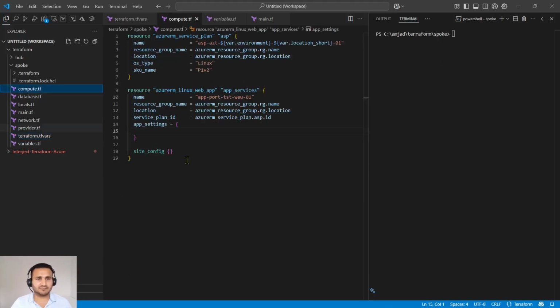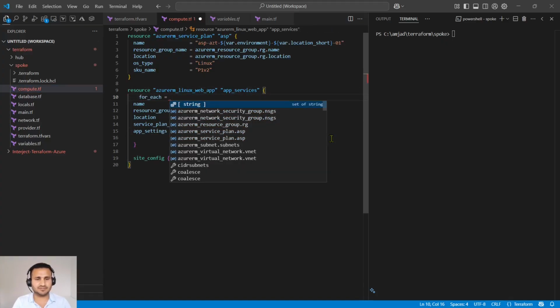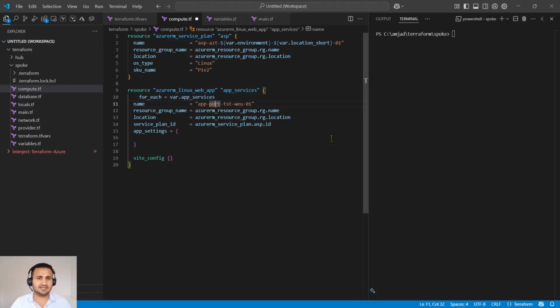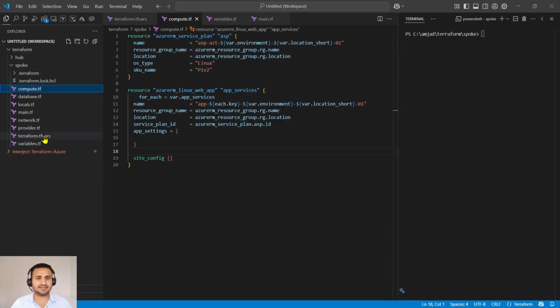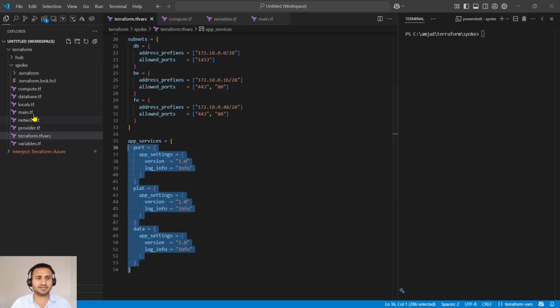I'm going to use the for each here in the Linux web app. So I'm going to use it for app services, and the name I know will be each.key, as we have used with another one with the database and the subnet. Let me replace the environment too. Okay. Now, so far everything looks good except the app settings plan, because I can use the app settings here in the compute,